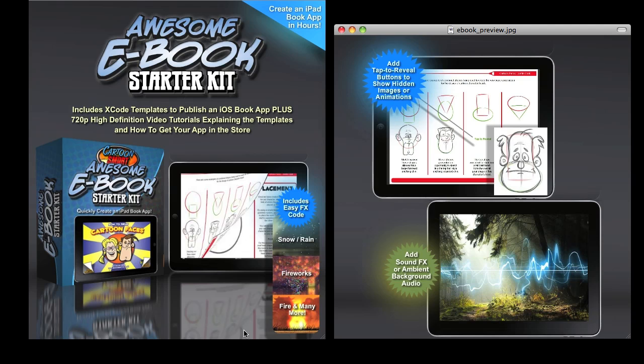So it's a lot of things that I wish I had known early on, explained in the video, and then we'll start talking about the actual templates. That'll go through about 6 videos, and then around the 7th video, we're going to start talking about things that you absolutely have to do to get approved to sell a book in the App Store,